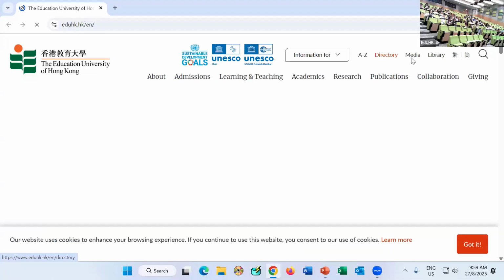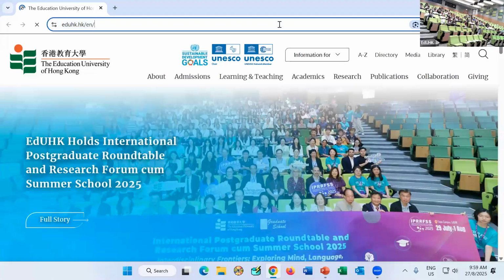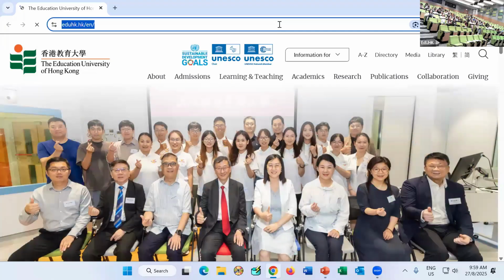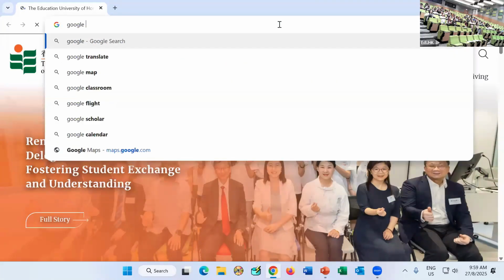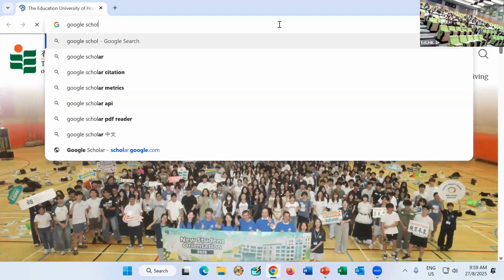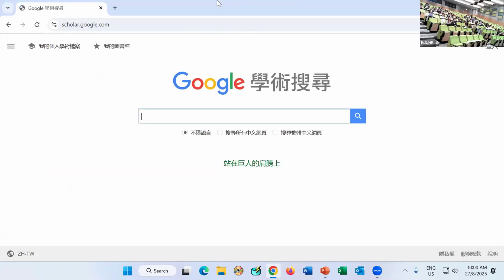Have you had any experience looking for journal articles? Not really? Okay, then it's a good idea that we look at that together. You can, of course, go to the EduLibrary database. And another easy source is not Google, okay, but Google Scholar. Go to the Google Scholar website. This is also a place where you will find a lot of academic sources. And sometimes it's a better idea to use the university database because they have unlocked more sources for you. But generally speaking, you can also go to Google Scholar and then click inside.